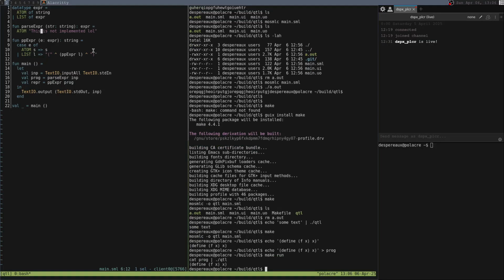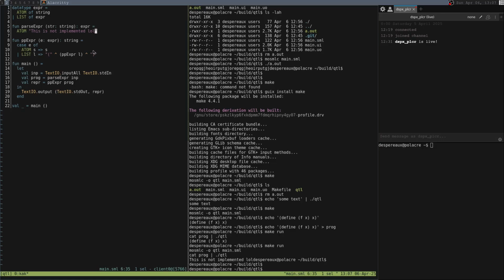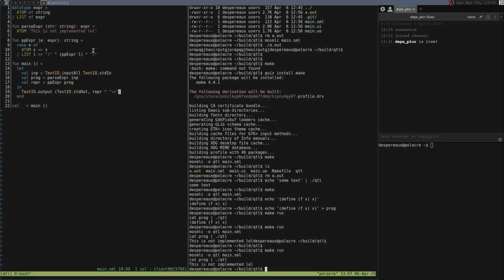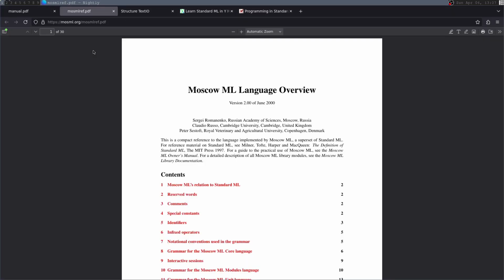So if I go make run, not what I expected. That's because I did it wrong. Yep, okay. We'll give a okay, cool. So the first thing that we want to do is we want to go case of, no, that's not the first thing, because we need to know how big string is. If string is empty, we're done. So let's go to